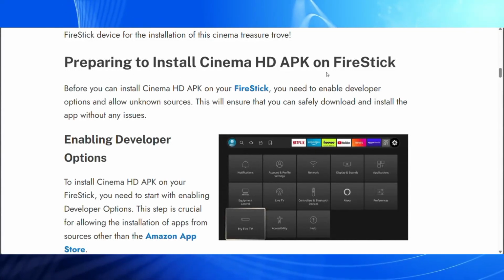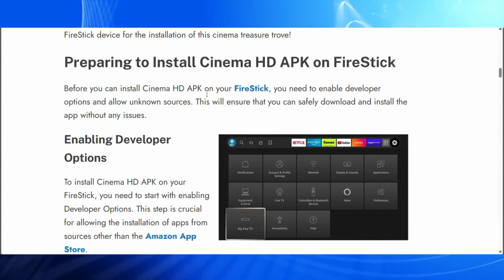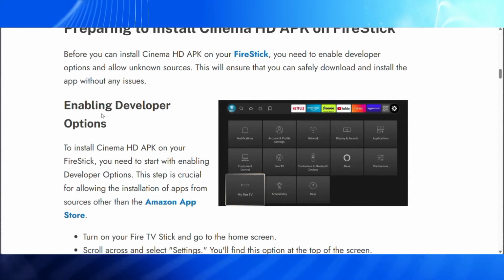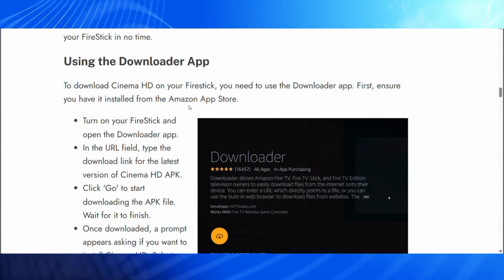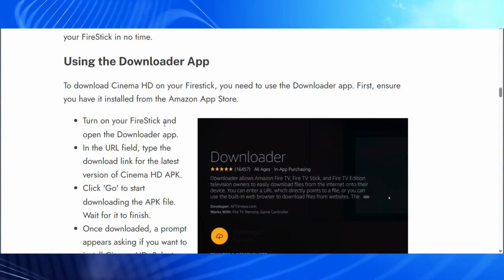How to install CinemaHD app on your Firestick. Before you can install this, what you have to do is simply enable the apps from unknown sources setting on your device. Now, after that, the main thing you have to do is follow these steps